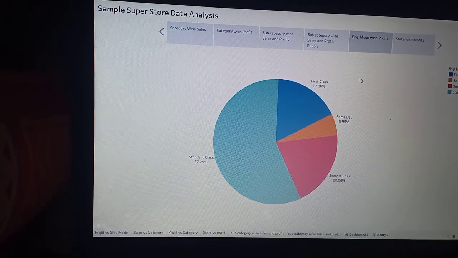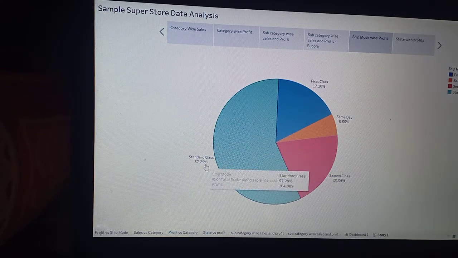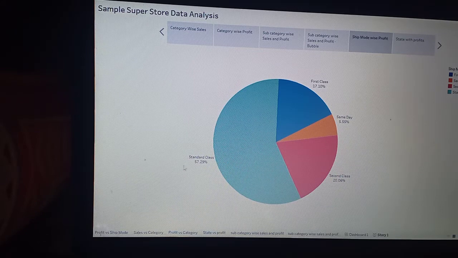This also gives us certain understanding of how the customers would prefer to take their appliances or their things, the products, from us. As we can see, the standard class, I think, is something where you just ship to us and let it reach us naturally when it reaches. First class is something that reaches in maybe 2 or 3 days. Second class, in like 3 to 5 days. Same day, like if you have ordered today, it will reach today. If ordered during the night, maybe it will reach the next day. So it's same day delivery.